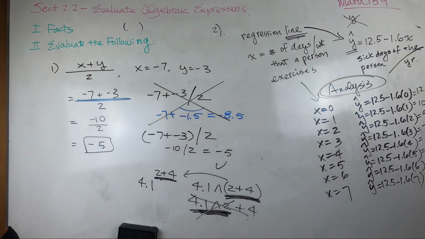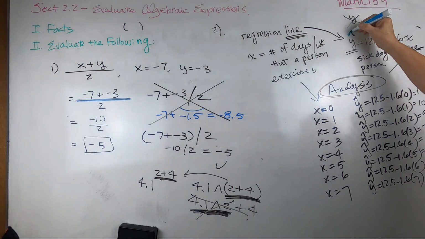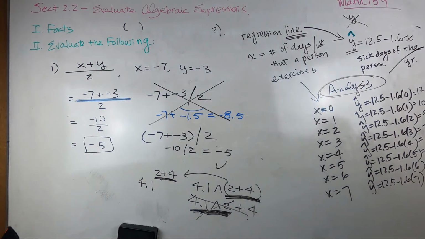Not necessarily true, but what are we talking about? Y hat, prediction. Stats is all about a bunch of data, and you do some prediction. Prediction may not always be true, but